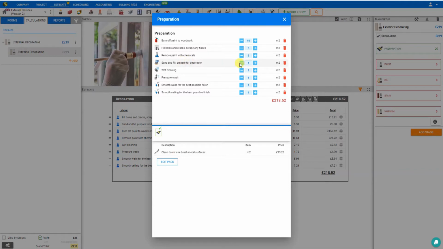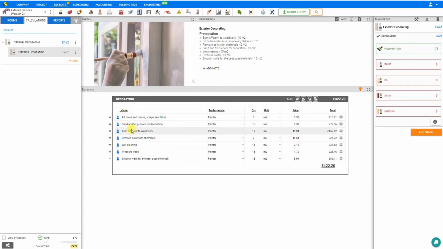Sand and fill to prepare for decoration, let's say 15 square meters. Wet cleaning, 15 square meters. Pressure wash, 15 square meters. Smooth walls for best possible finish, 15 square meters. And smooth sealing for best possible finish, we'll say we don't require this one, we'll return this one back to the library as well. Now when we consult our stage, we can see that Price a Job has automatically assigned